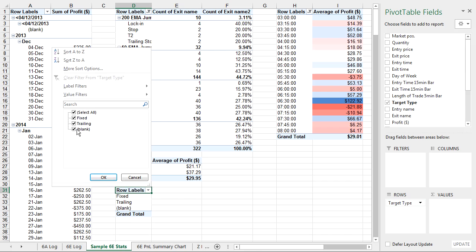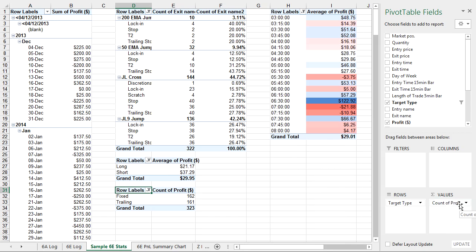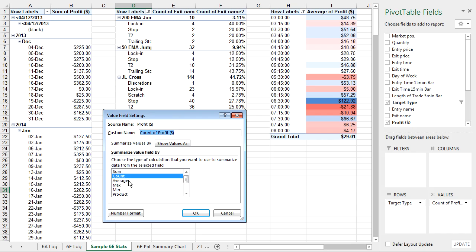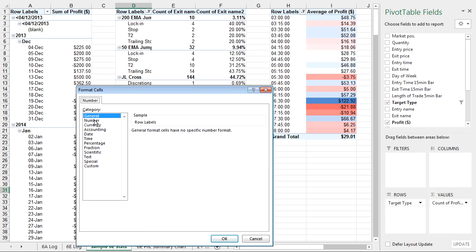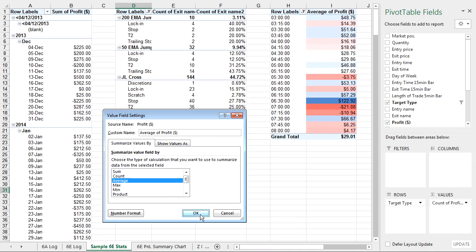Let's get rid of that blank. And we want to put the summation values as the profit, and we want to change that to average of profit. We'll put the $ sign in there,